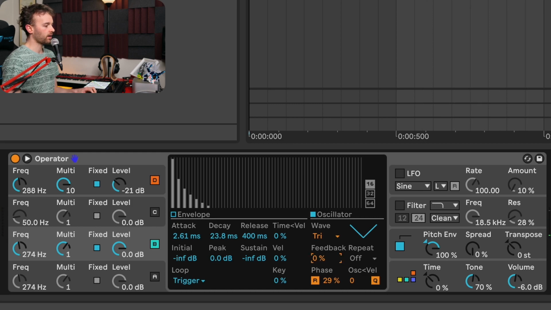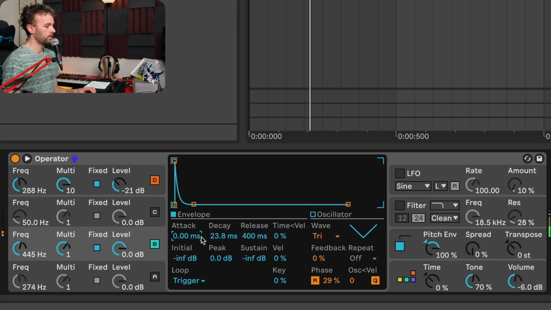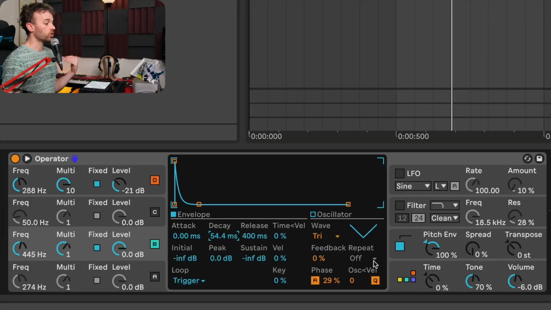Let's reduce the feedback. And let's increase the frequency, decrease the attack. And now you can also choose to have this operator either controlled or not controlled by the pitch envelope. If you want it as more of a kind of knock sound, I would actually recommend not having it controlled by the pitch envelope. So I'm going to go to our pitch envelope section over here on the right, and